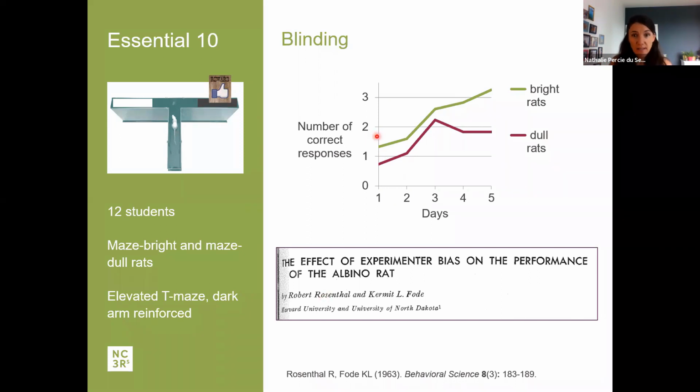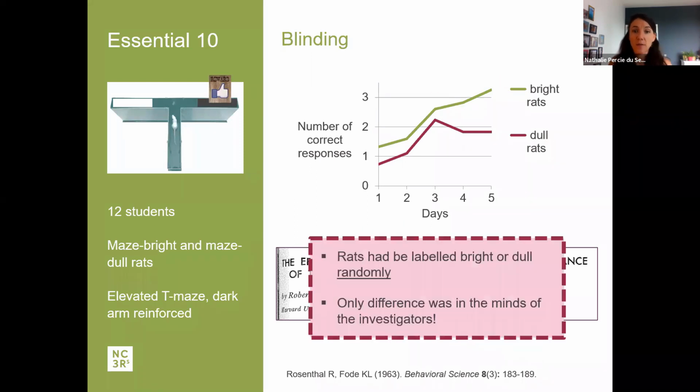The bright rats started off better and they improved further during the course of the experiment. The thing is, the experiment was not performed on a rat, it was performed on students. There was actually no difference between the 2 populations of rats. They had been labeled bright or dull randomly in the morning of the experiment. So the only difference between the 2 populations of rats were in the minds and the expectations of the students